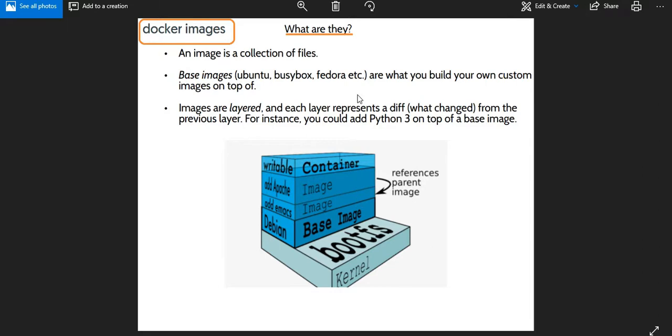But the most important thing here is images are layered, and each layer represents a difference, what changed from the previous layer. Now, what do you mean by images are layered? So basically, a Docker image is built up from a series of layers. Each layer represents an instruction in the image's Dockerfile. We'll be seeing what Dockerfiles are and how we actually build a Dockerfile in the coming sessions. But for now,